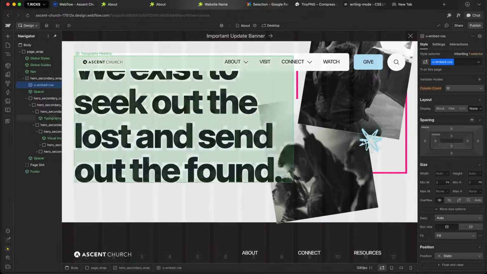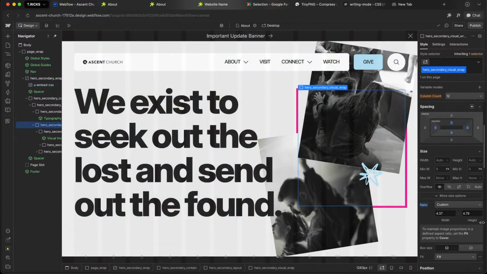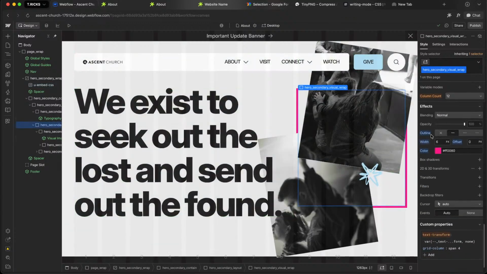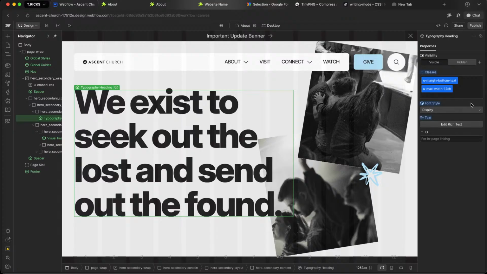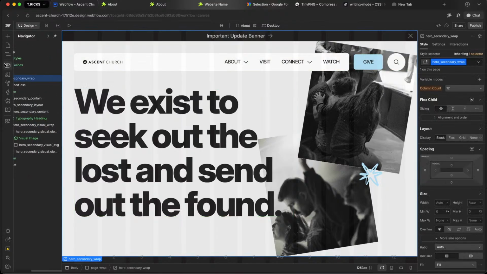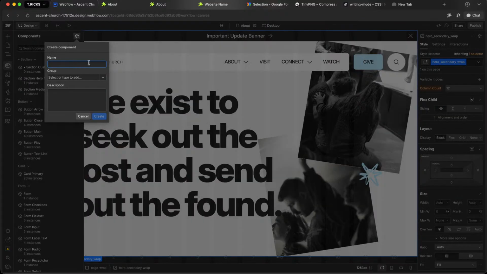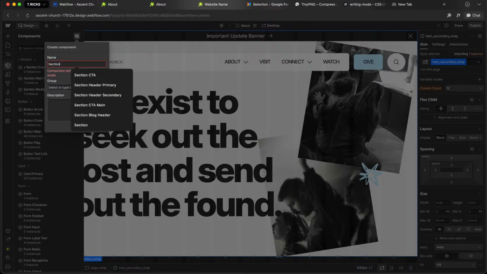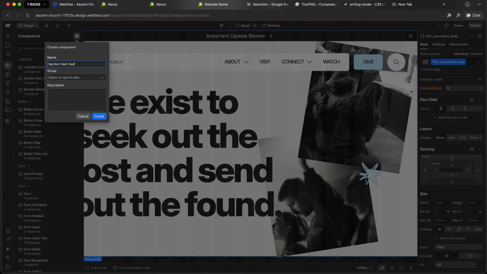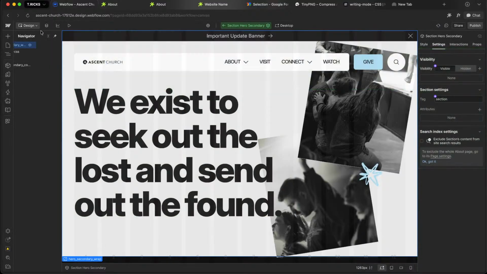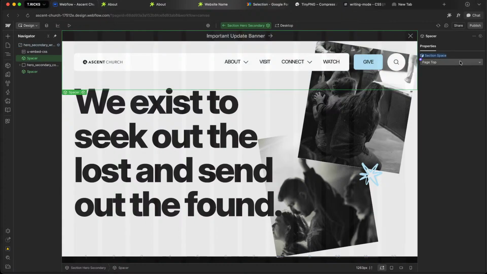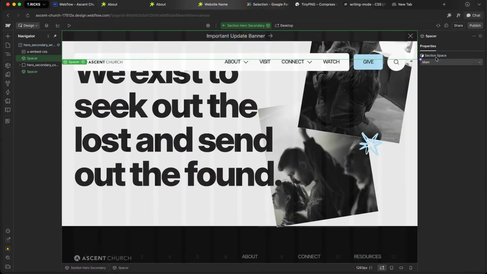So that's good there. And then I can go ahead and take this off here. Cool. And then for the component, we're just going to connect. Let's create this as a component. This will be section, hero, secondary, and that'll go inside the section group. And then I'm going to reset the default on this variant to main, and then this